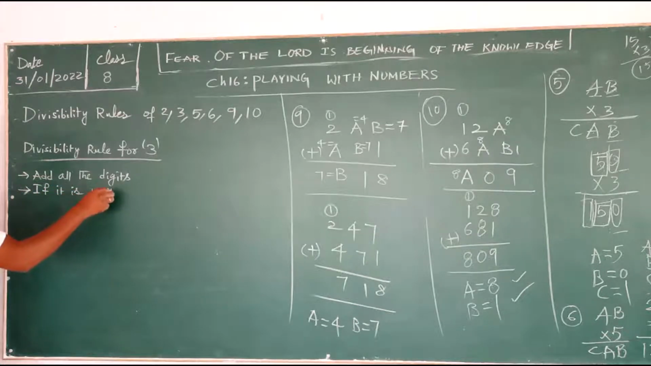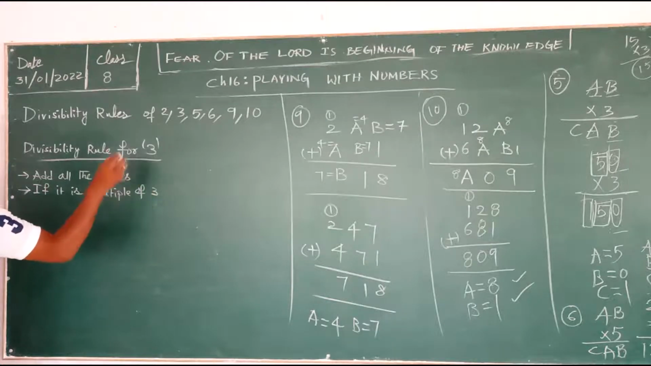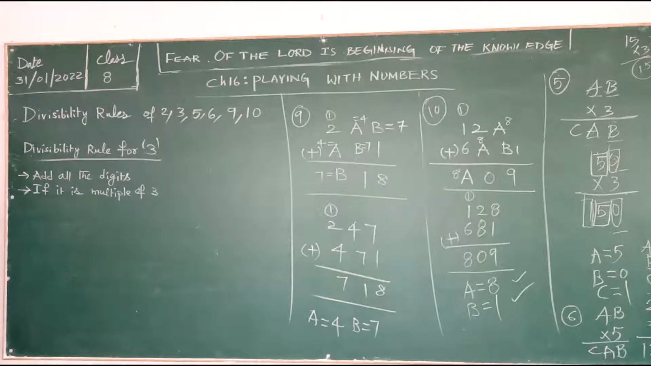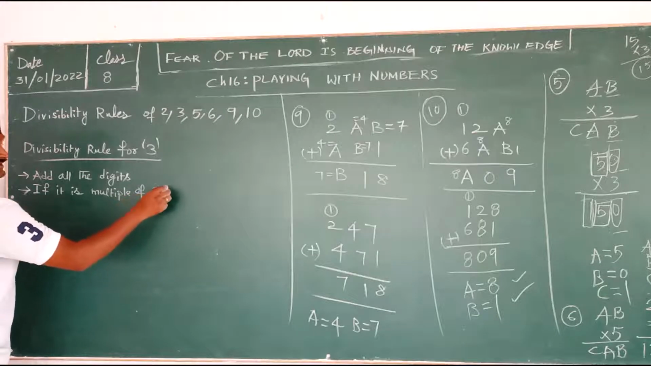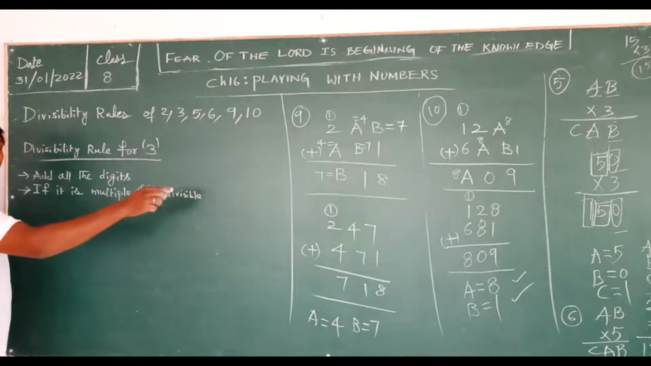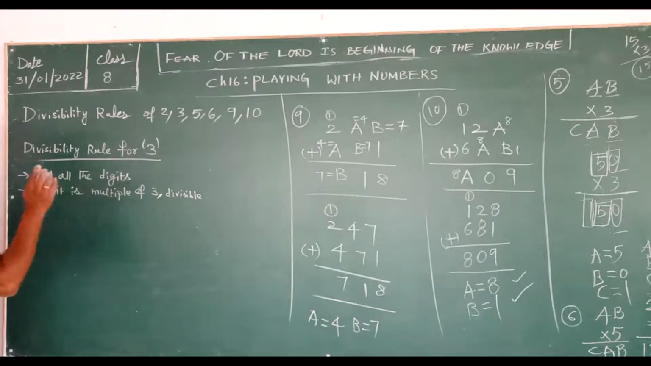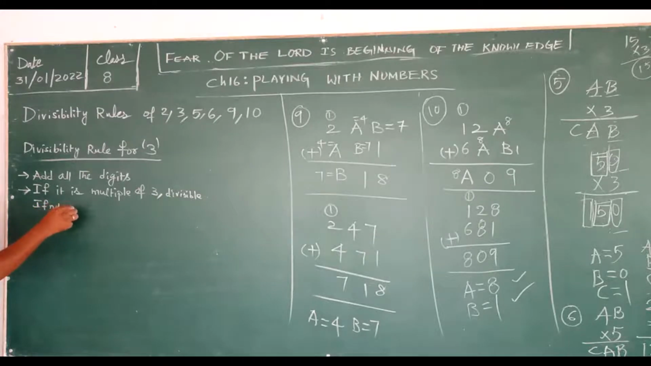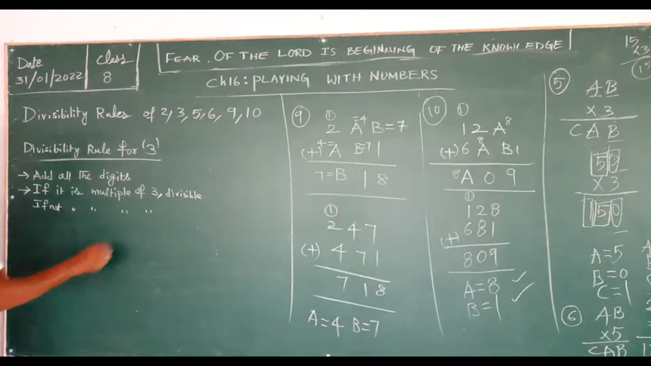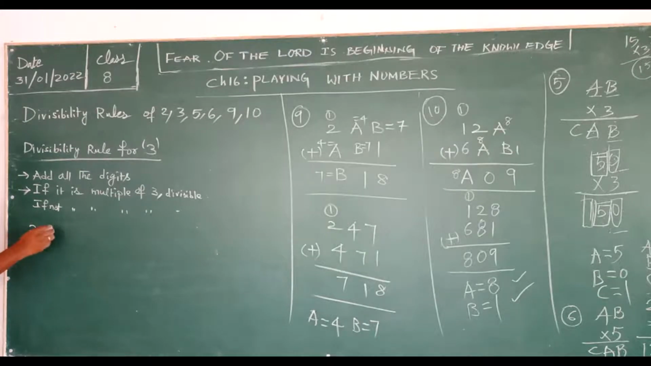After adding all the digits, if it is a multiple of 3, then it is divisible. Multiple of 3 means the 3 table numbers. What are those? 3, 6, 9, 12, 15, 18, those are. If it is not a multiple of 3, then it is not divisible. Okay? All right. So after that, let's take some number, 3, 4, 7